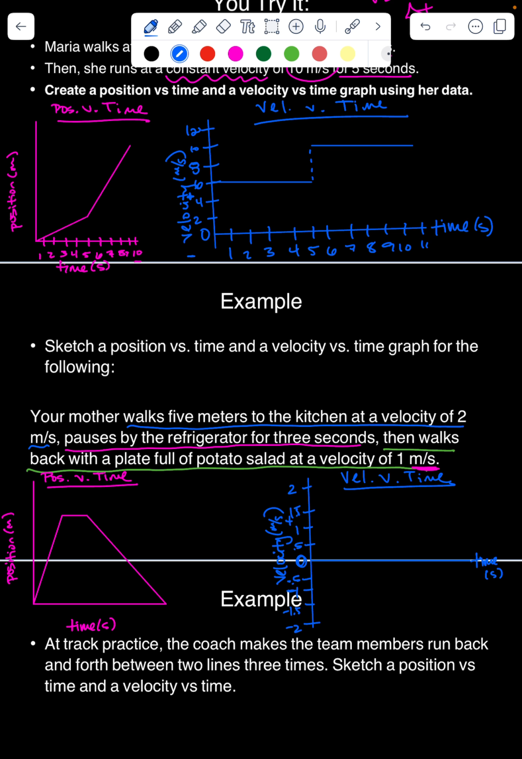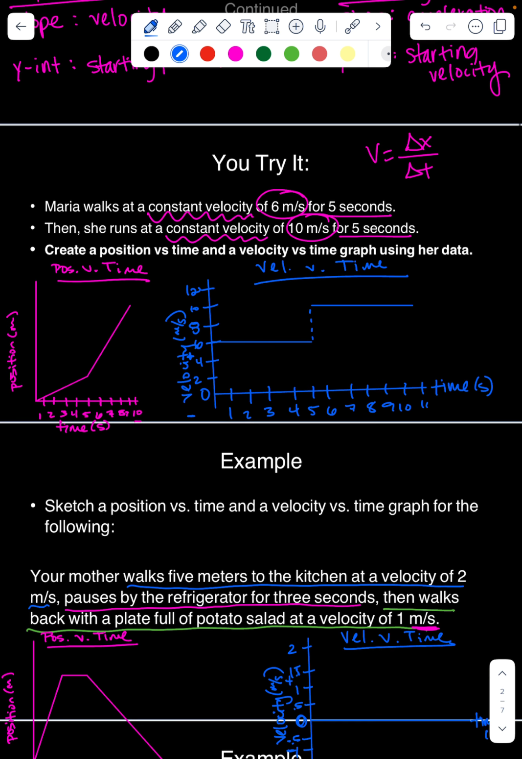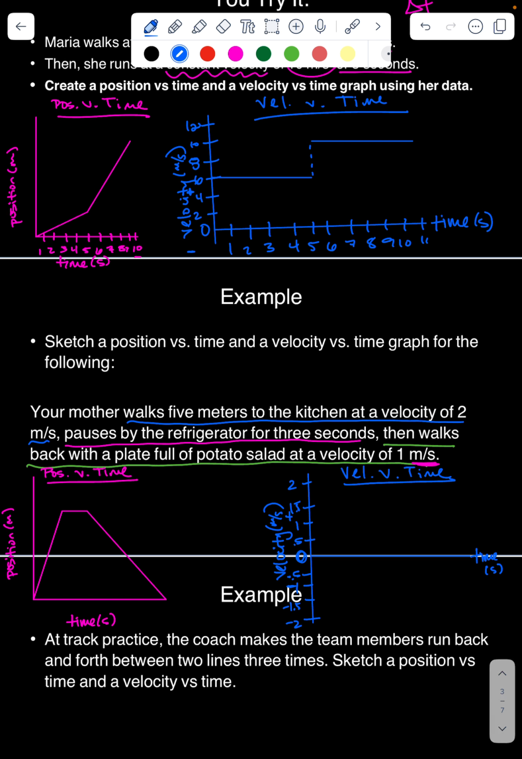All right, so now we can actually draw our line. So we know the first one's going to be positive. It's going in the positive direction. So it's going to be above the x-axis at 2. So for the first little bit,